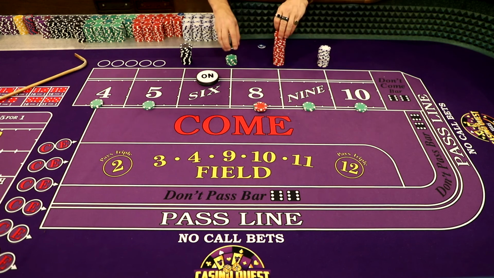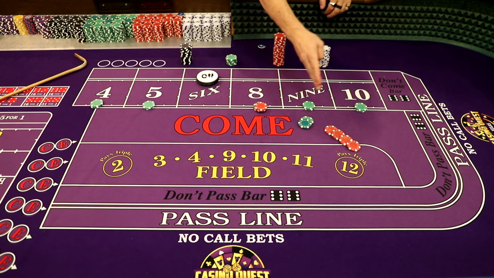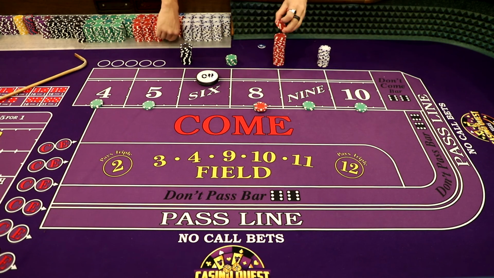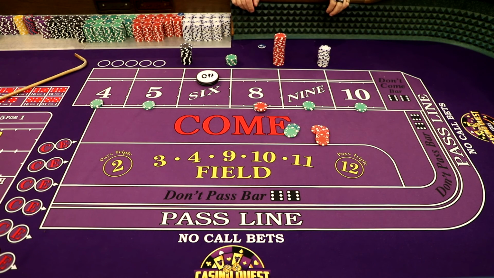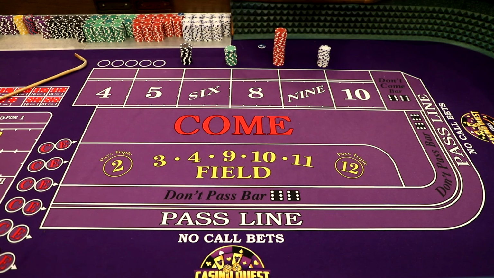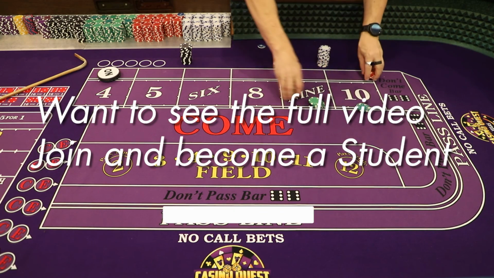The 5 and 9 are each going to pay $70. 35 twice, $70. $60 each on the 6 and 8 is again going to pay you $70, $10 cap. All right, so let's reset this and let's go to our next interesting unit of